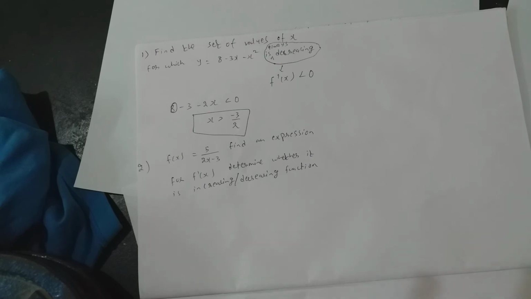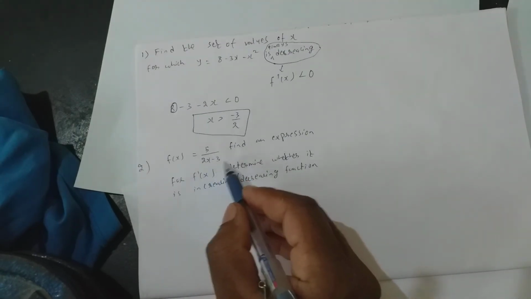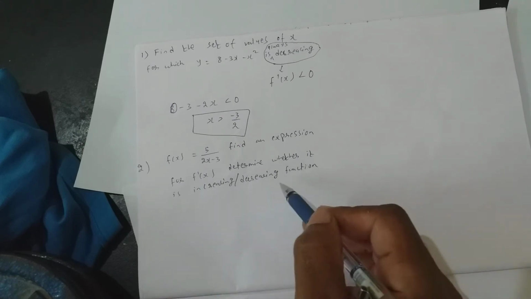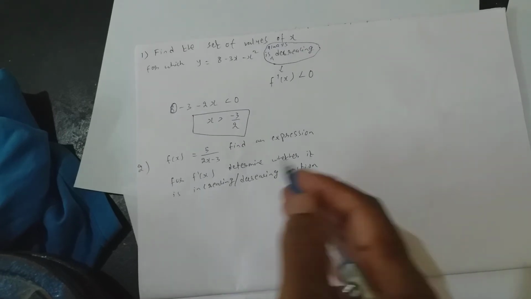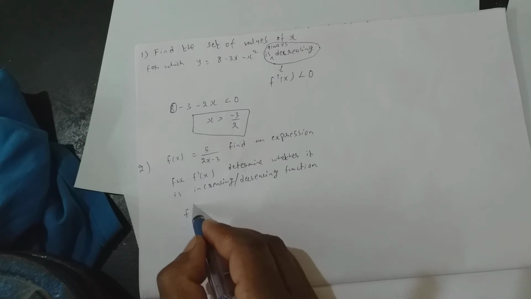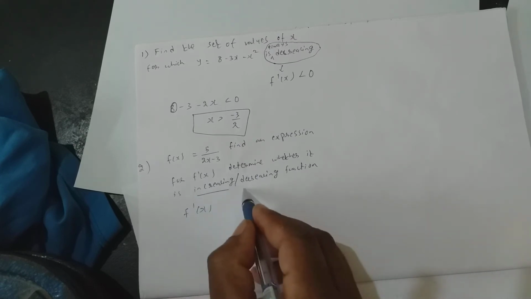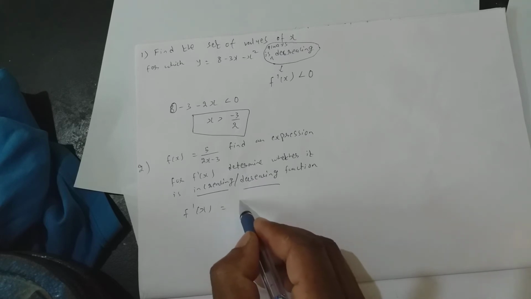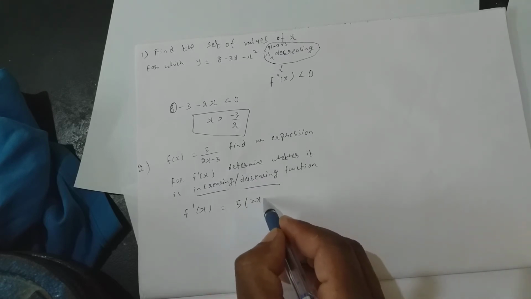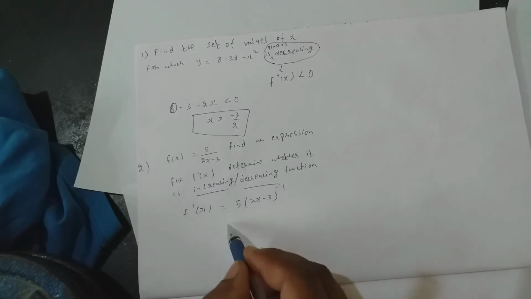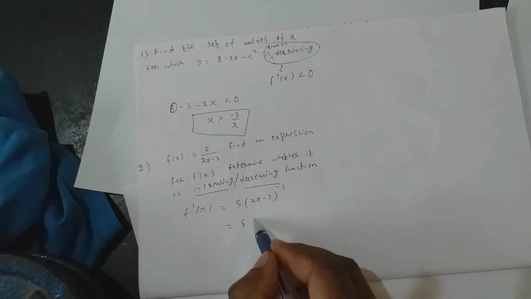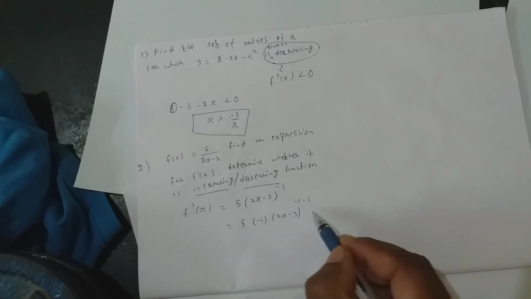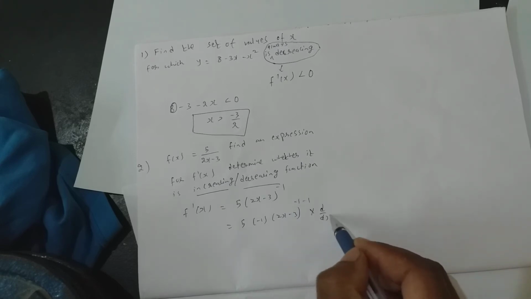Look at the next sum. f of x equal to 5 by 2x minus 3. Find an expression for f dash x. Determine whether it is an increasing or decreasing function. First, to find out whether it is increasing or decreasing, you need to find f dash x. So here to find f dash x, first 2x minus 3 will come above. Now apply differentiation. It is minus 1 into 2x minus 3 power minus 1 into d by dx of